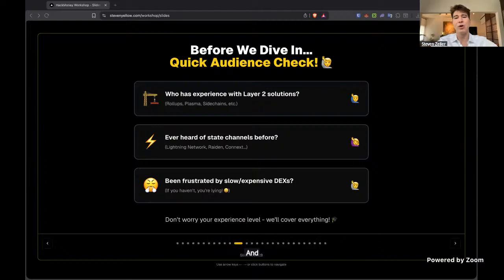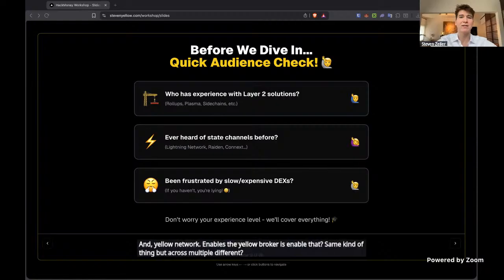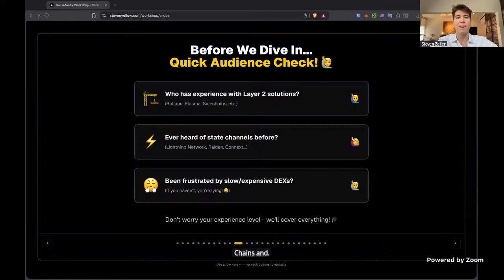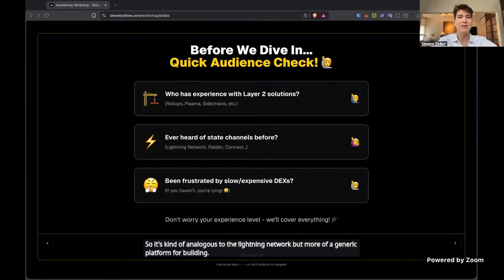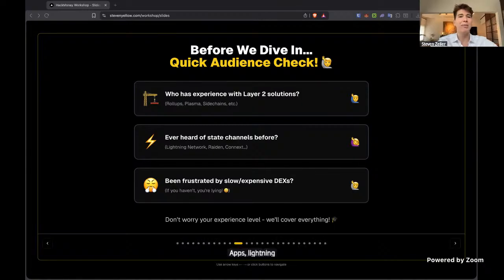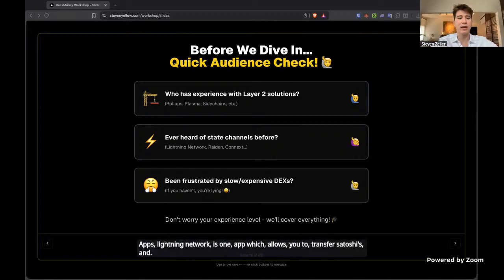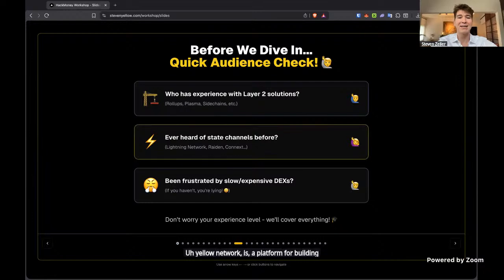The Yellow brokers enable that same kind of thing, but across multiple different chains, especially focused around Ethereum compatible chains, with more chains coming. It's analogous to the Lightning Network, but more of a generic platform for building apps. Lightning Network is one app, which allows you to transfer Satoshis, and Yellow Network is a platform for building apps like that.